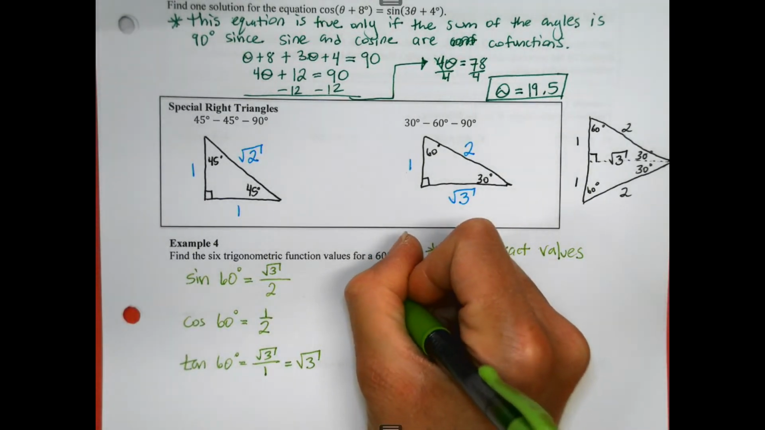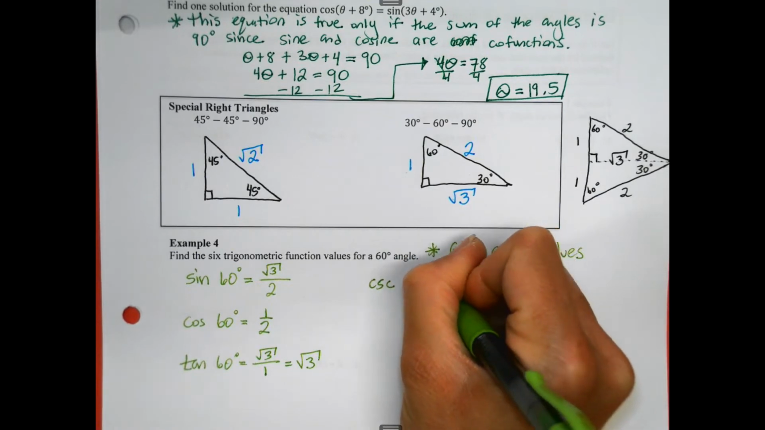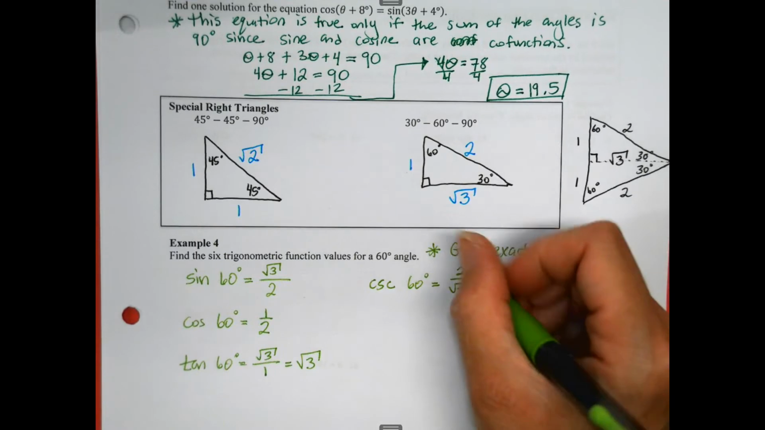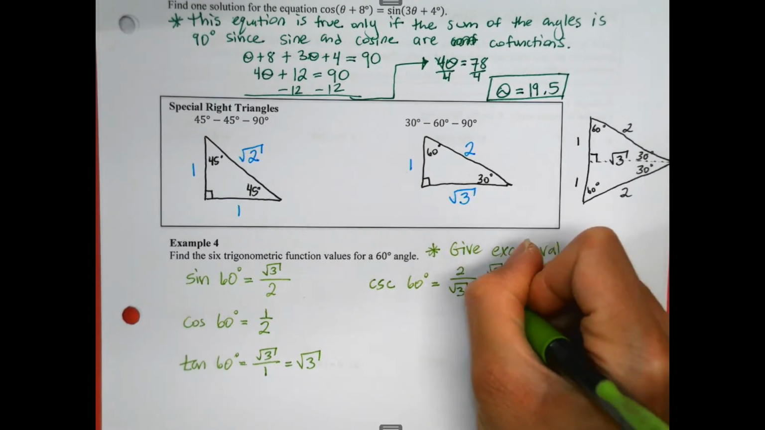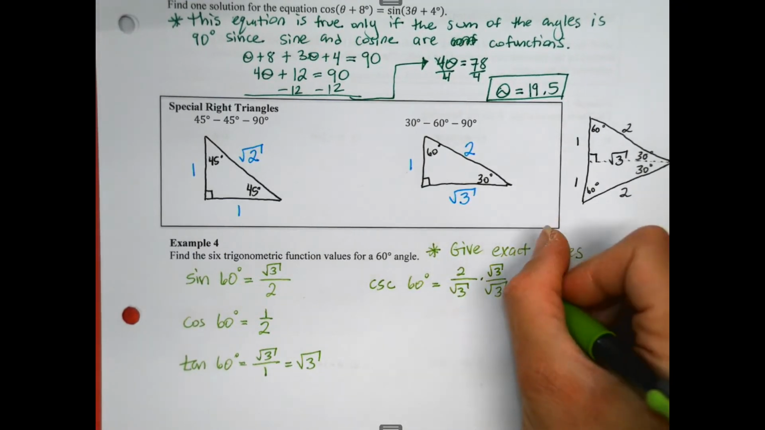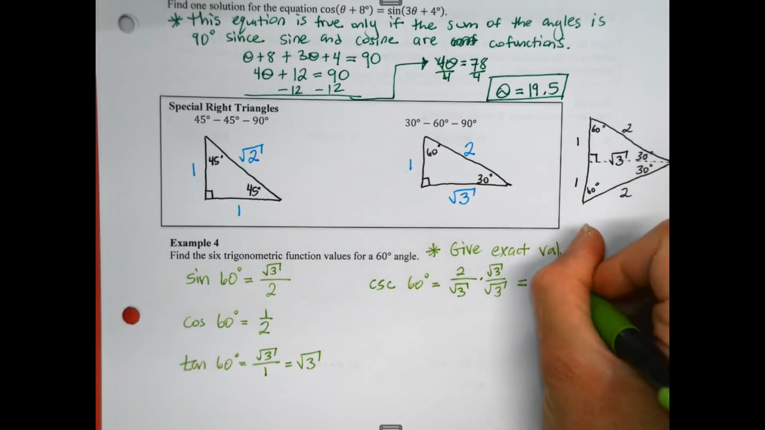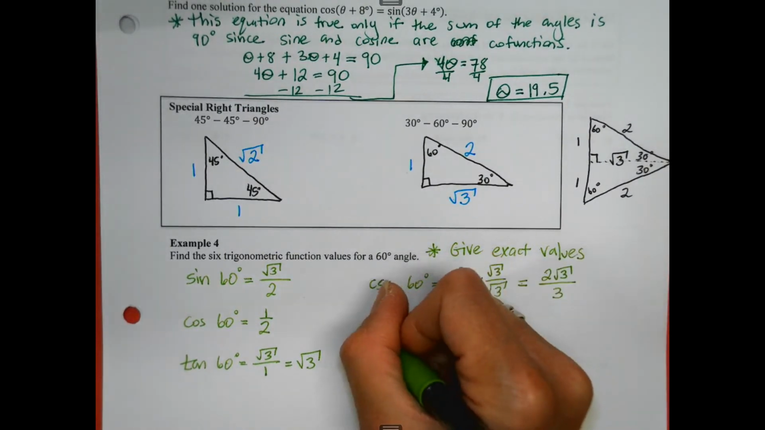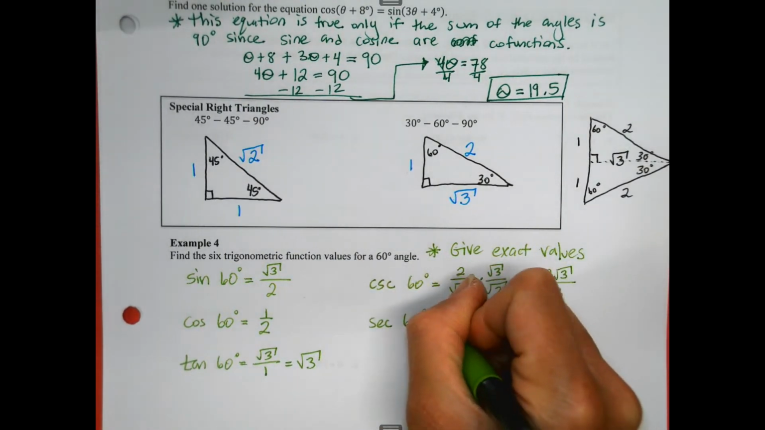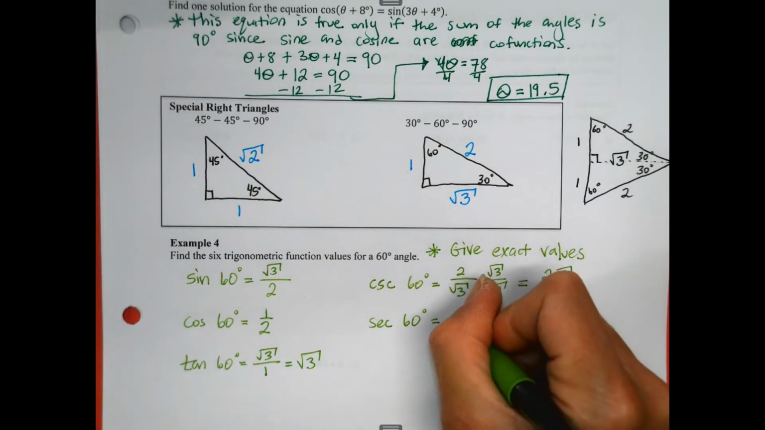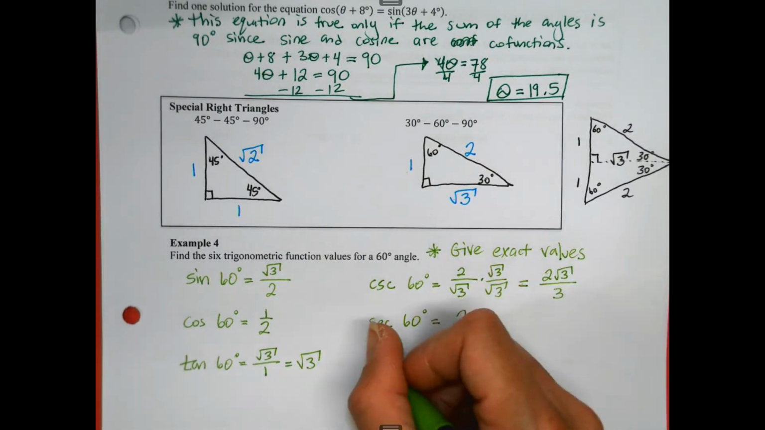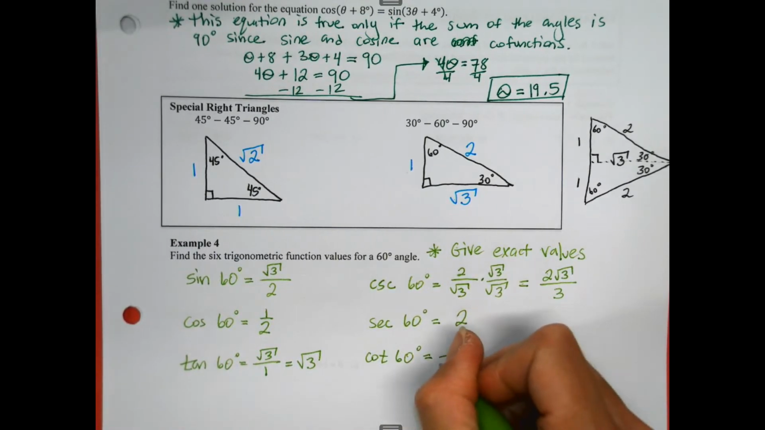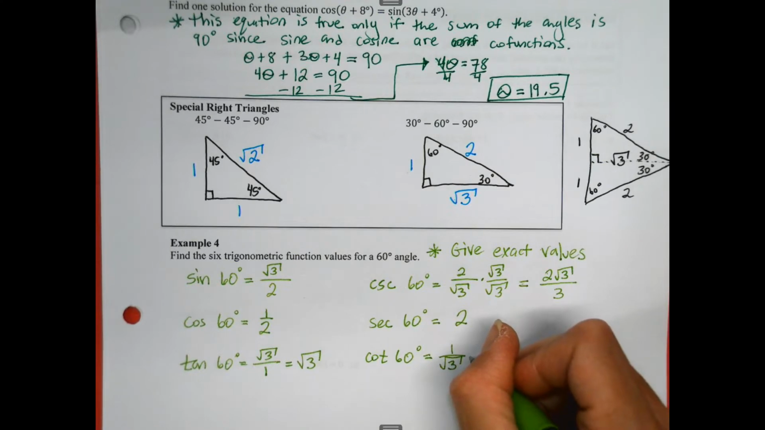So cosecant of 60 degrees is going to be 2 over the square root of 3. We need to rationalize. So we multiply by the square root of 3 over the square root of 3, and we get 2 times the square root of 3, all divided by 3. The secant of 60 degrees is going to be 2. And then the cotangent of 60 degrees will be 1 divided by the square root of 3, which we have